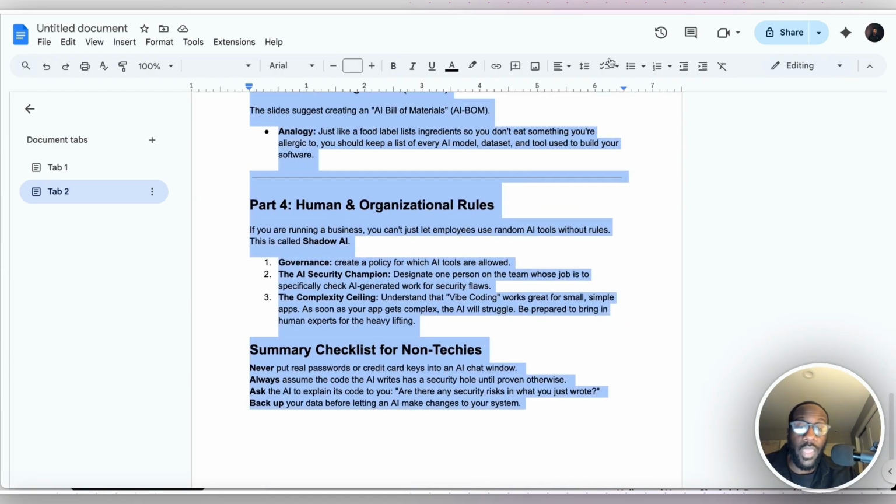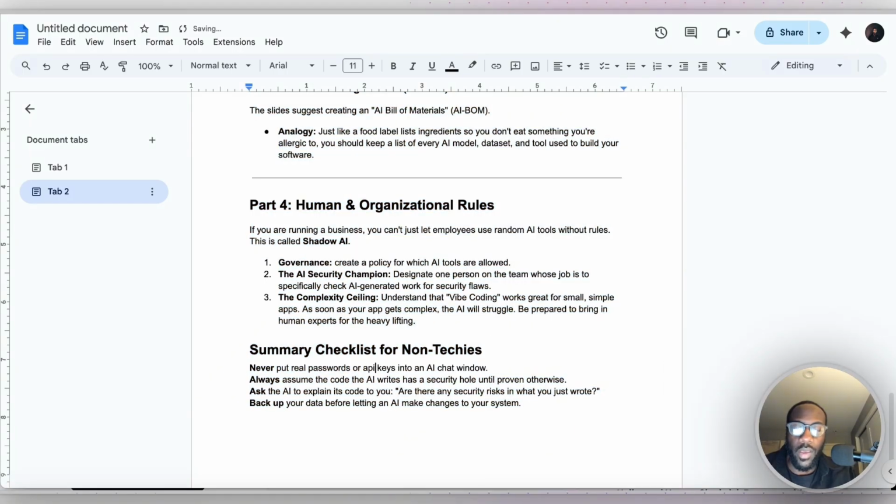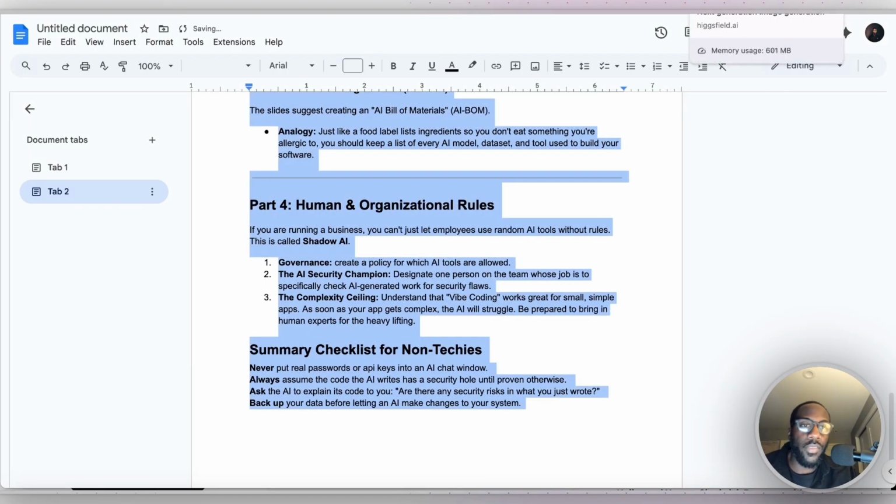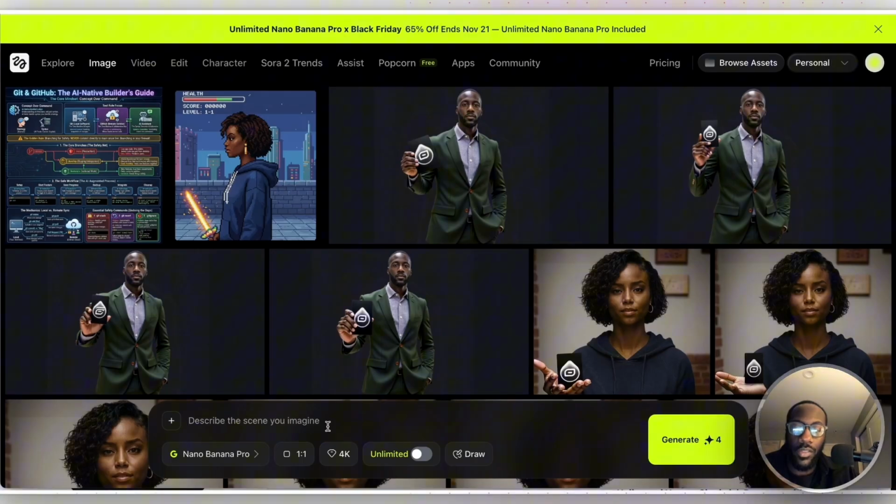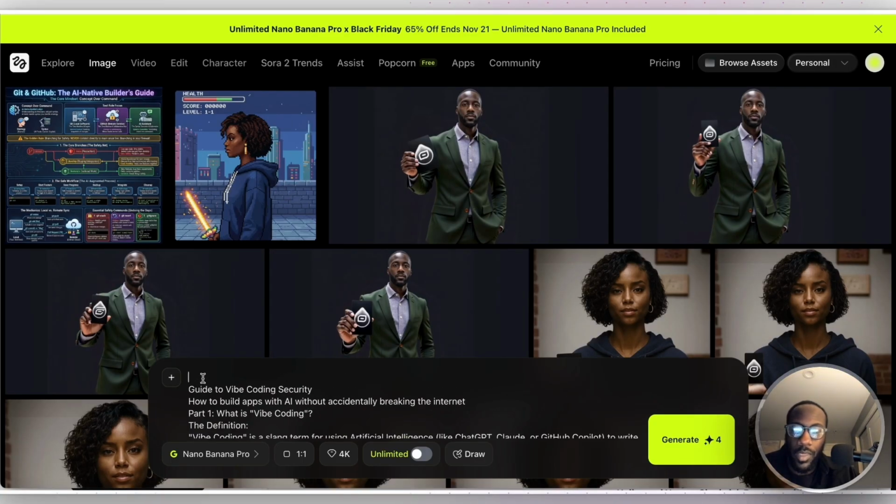So we're going to copy this. It's 3 pages long, and then we're going to, let's say, credit card keys. Let's just say API keys. All right, we're going to copy this, and then we're going to put that into the chat right there and say help. For this one, I'm going to put, help me turn this into a whiteboard